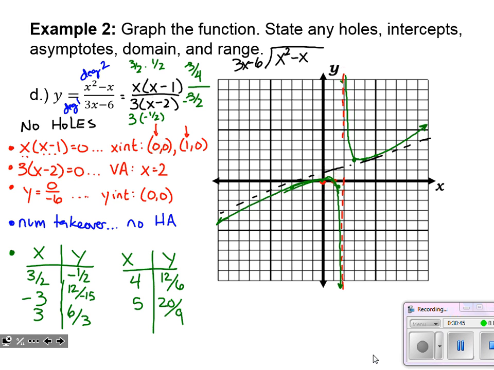For our domain, here we've got all x values except for that vertical asymptote at 2. And for our range, well, we've got all y values as long as y is outside of this region. That's the only place height-wise where the graph is not seen from the y-axis. So we may have to turn to a calculator to find those minimum and maximum points to find the values in between. And actually, I'm just going to take a second and do that. I know this is becoming a long video, but it's a 2-day lesson.